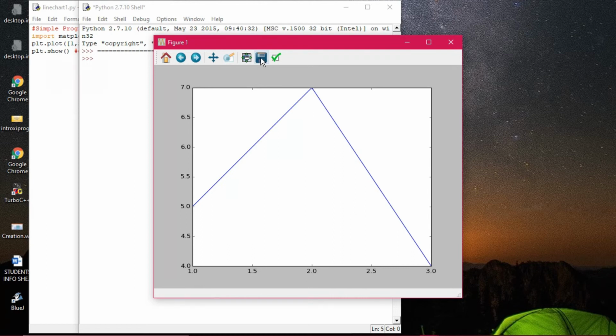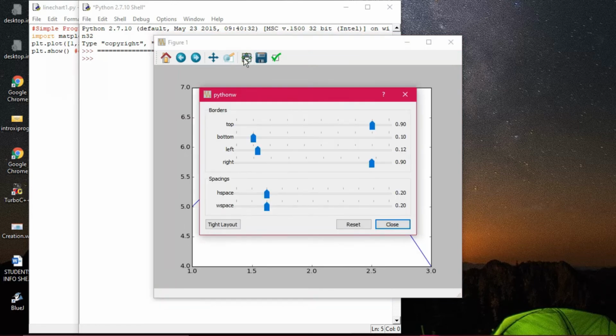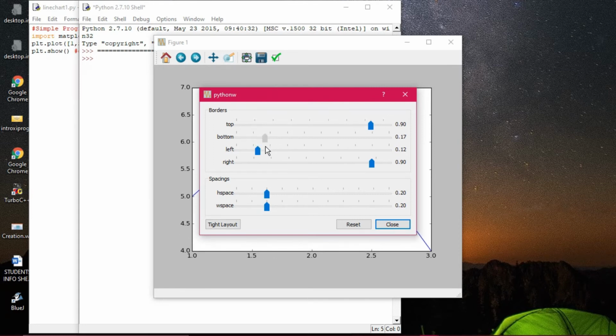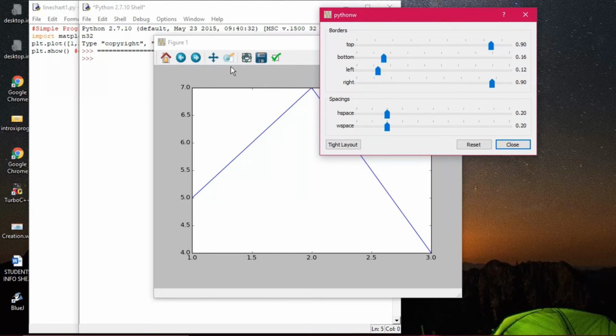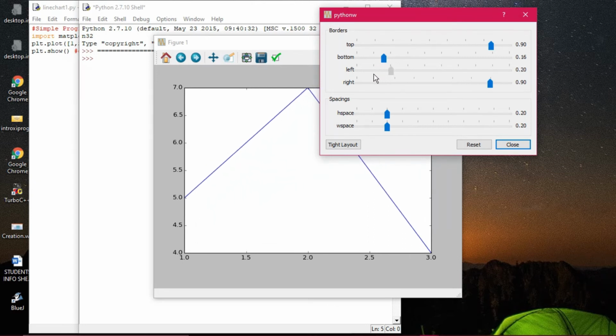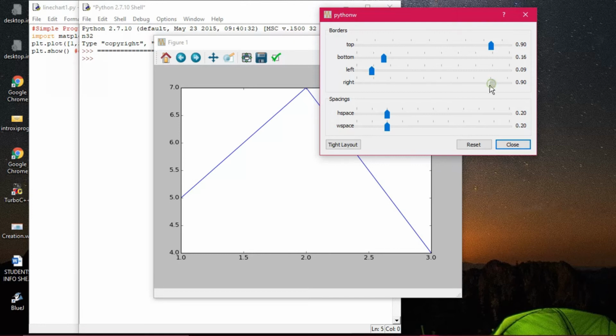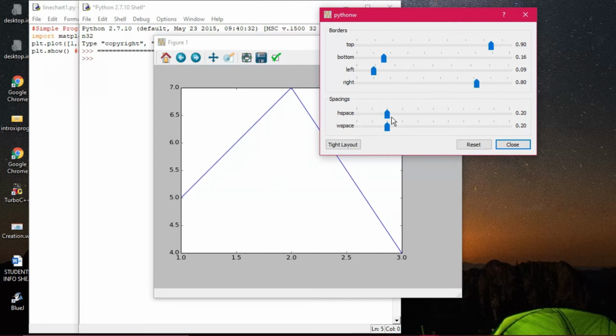If you need to save it, you can save it also. These are the navigation tools. Borders and all, top borders, bottom borders, everything is there, and they can be reduced also. You can see the different kinds of manipulation. These are the navigator keys. You can move left like this, and right also in the same manner. If you want to squeeze it or adjust the spacing, that can also be done.